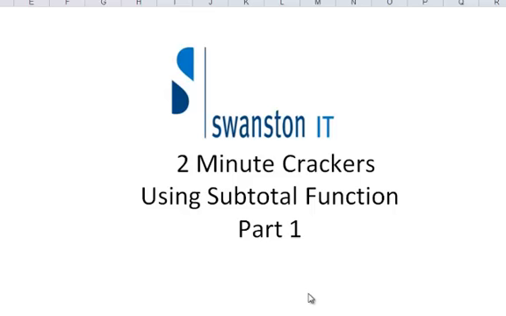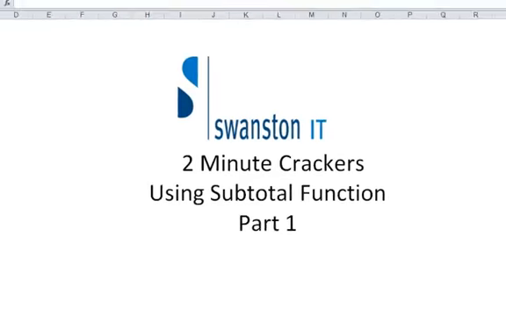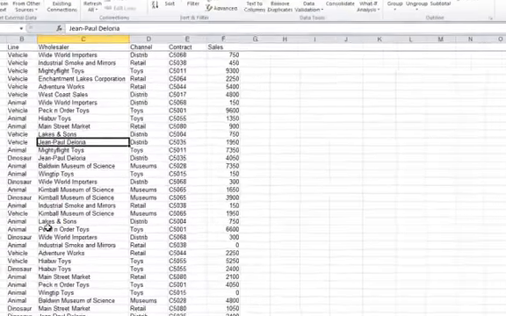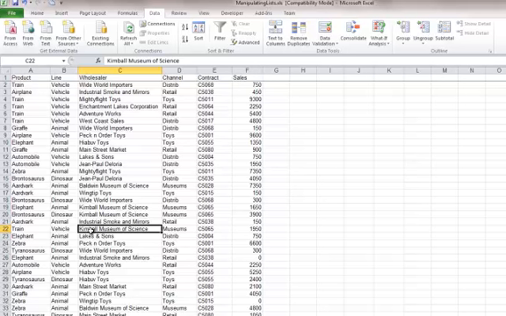Today we're going to have a look at the subtotal function, which is an excellent function used for managing lists in Excel. So first of all, let's go and have a look at our list. From here you can see that we have a long list of information that's made up of text, and we have a sales column. And what I'd like to try and achieve is to group my wholesalers together and create a subtotal for each wholesaler, so I can then see which wholesaler has sold the most